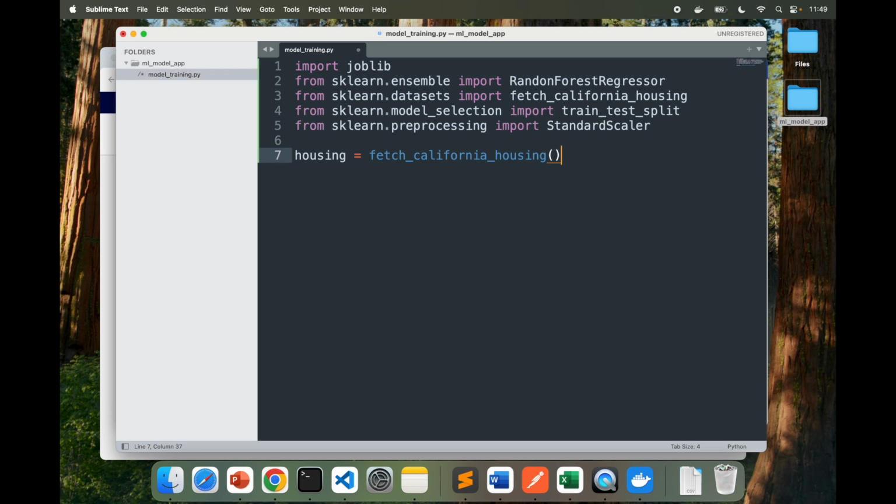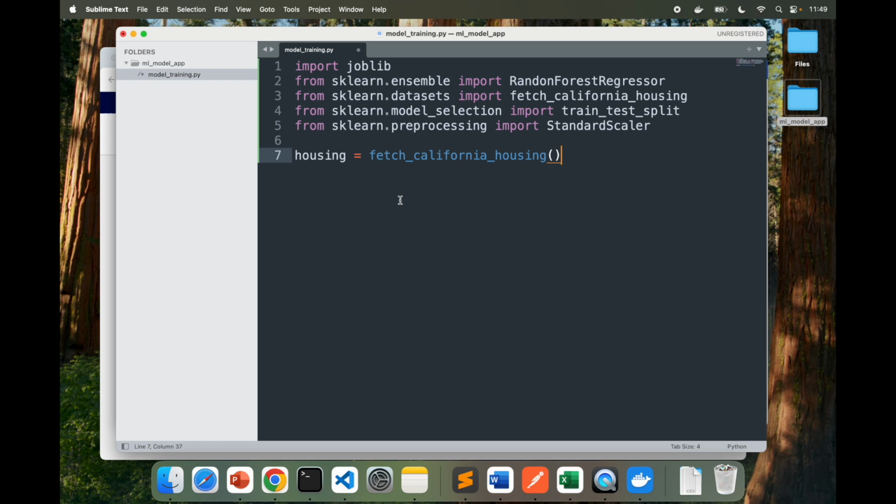The dataset is loaded as a Bunch object, which is similar to a Python dictionary, and contains the data and target variables. It has the following attributes: housing.data, which is a 2D array of feature values, the independent variables, and housing.target, a 1D array containing the target variable, which is housing prices.